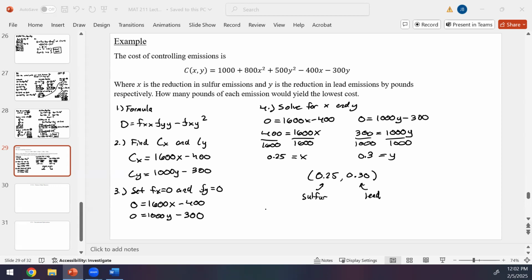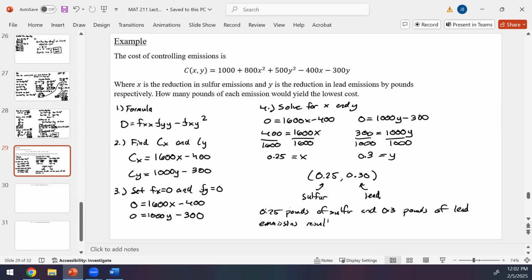So again, for this one, the minimum cost, or I guess we could say it this way, 0.25 pounds of sulfur and 0.3 pounds of lead emissions results in the lowest cost. So that's our interpretation. But other than that, you're just taking partial derivatives, setting equal to 0, solve critical points,